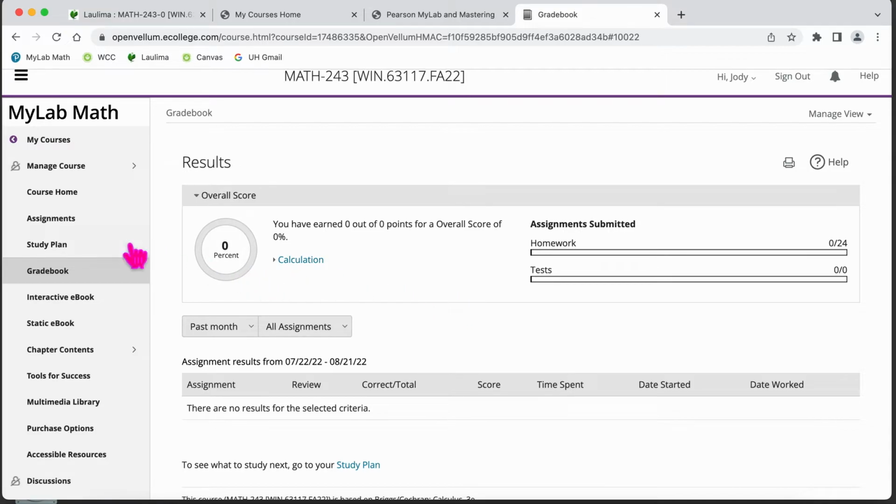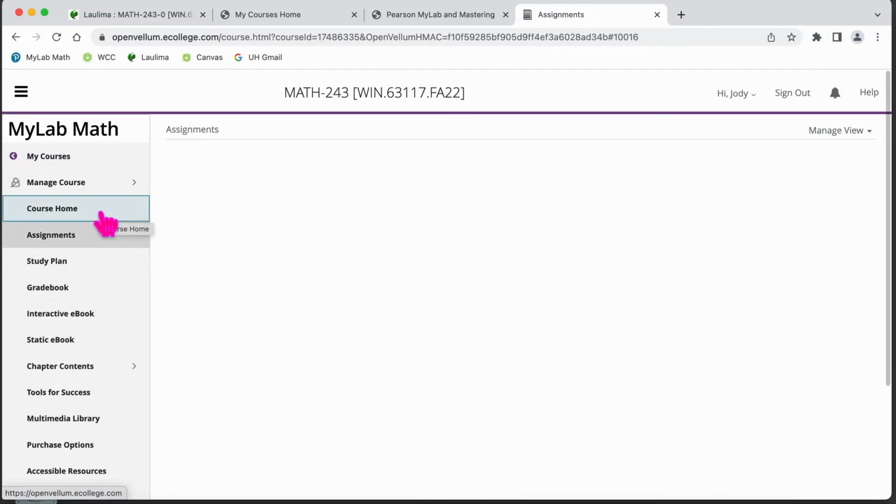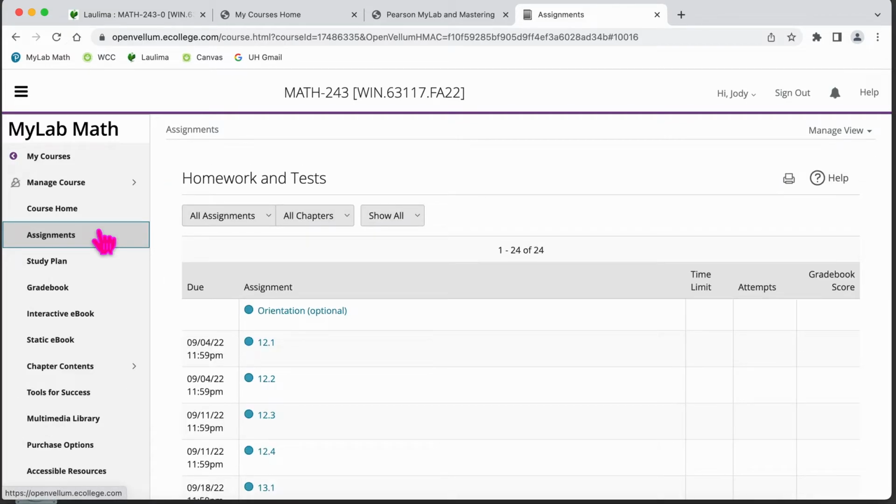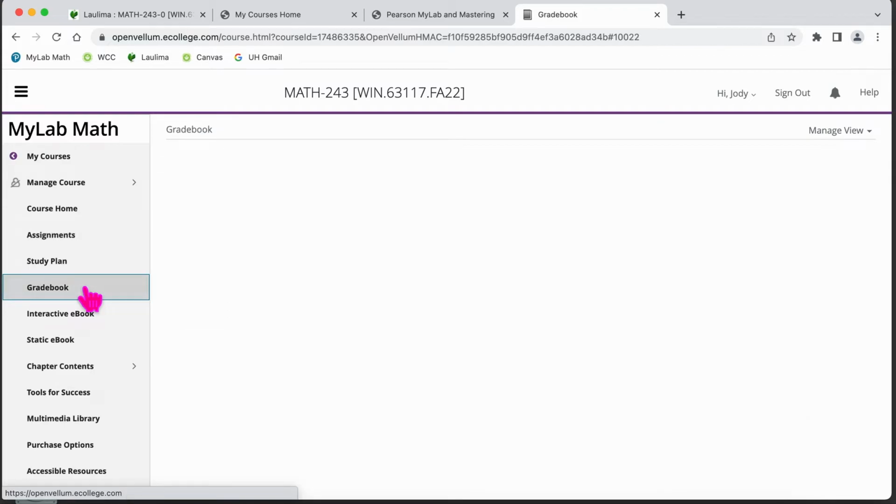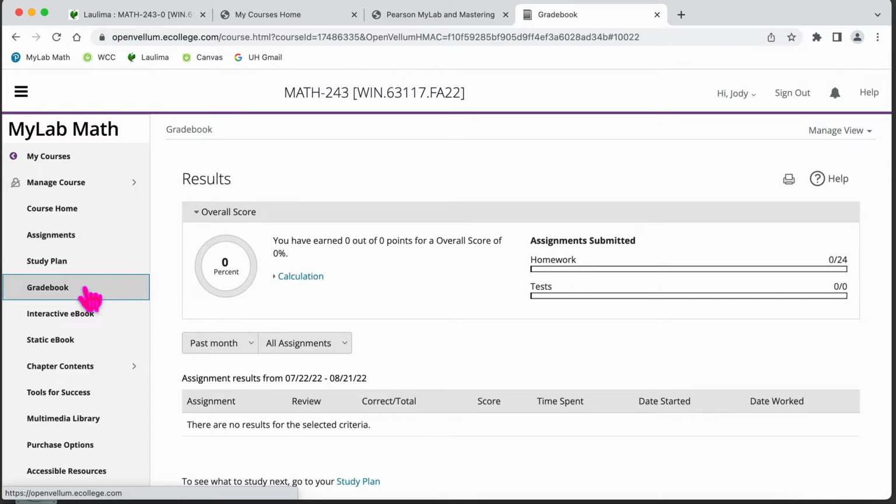Enough of that. When you want to review an assignment that you have submitted, you would do that in Gradebook. In Gradebook, you can review, but you cannot change anything. If you want to rework assignments or work late homework, that would be in assignments. That's also where you take your tests. Okay, so assignments, super important. Gradebook, pretty important if you want to review something. The rest of this stuff is optional.